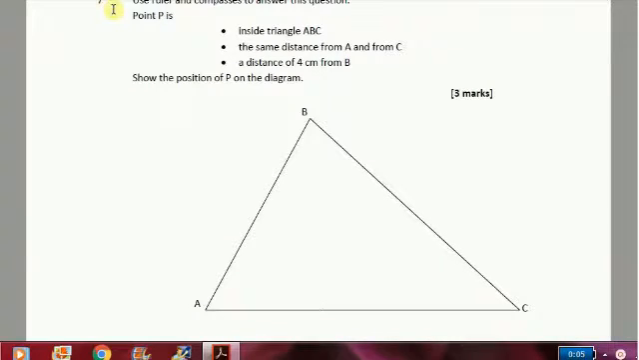Question 7. Use your ruler and compasses. P is a point which is inside ABC, the same distance from A and C, and the distance 4 centimeters from B. So for this you'd have to print it out on paper and work accurately on paper. So the first thing I think I would do is the distance of 4 centimeters from B. That means I could draw a circle with a center B, radius 4 centimeters, like that, going all the way around,